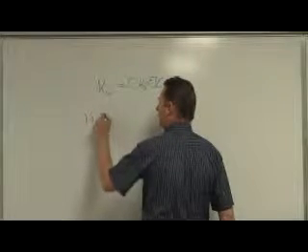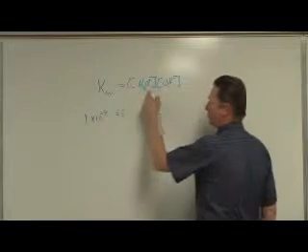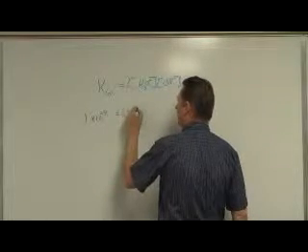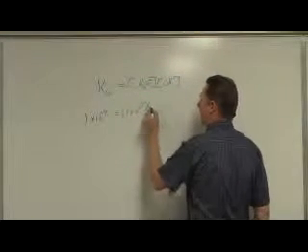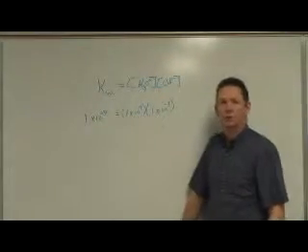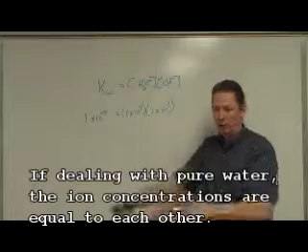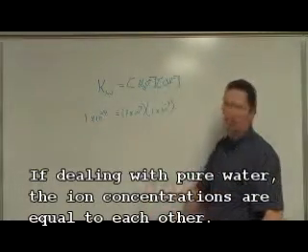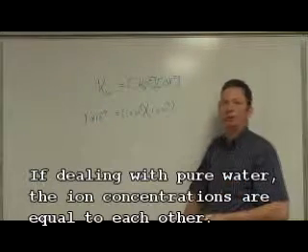Now, in neutral water, if we're only dealing with water, you know that that value is 1 times 10 to the negative 14, and that's equal to the concentration of that in neutral water of 1 times 10 to the negative 7, multiplied by that 1 times 10 to the negative 7 as well. Those have exactly the same concentration. It's no surprise, water molecules, one will donate its proton to the other one, and so they're produced in pairs. Now that's in an ideal situation.